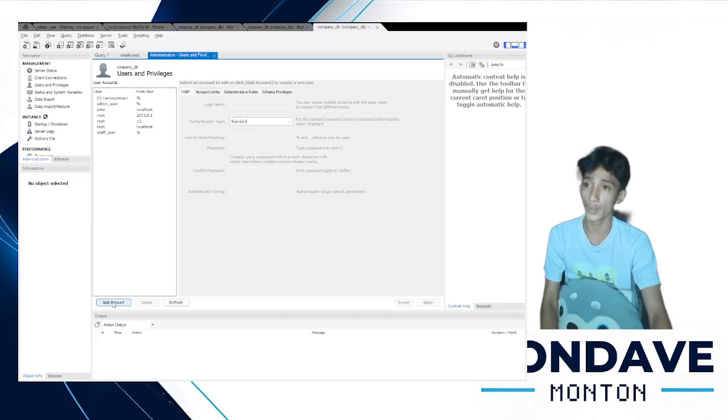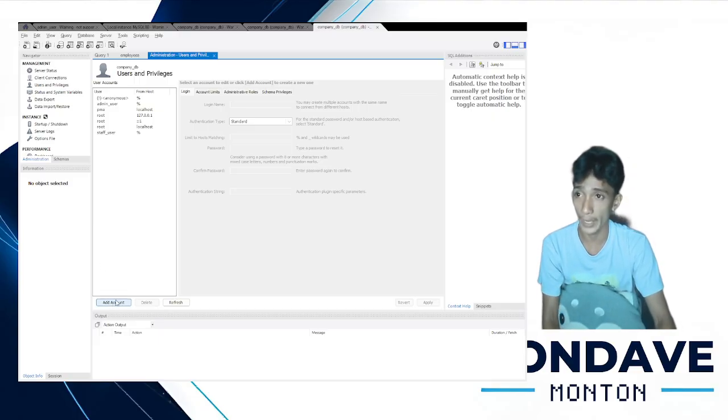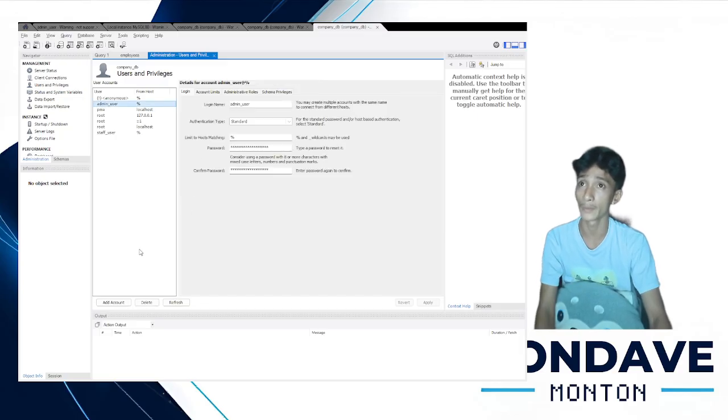So you just have to add account, and if you click add account, it will show this. Just fill up the password and the login name here.